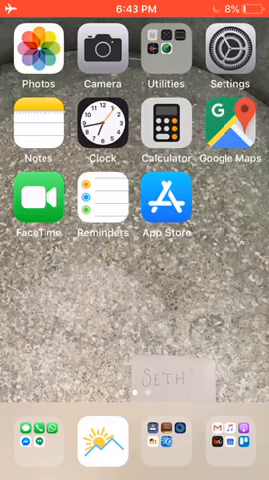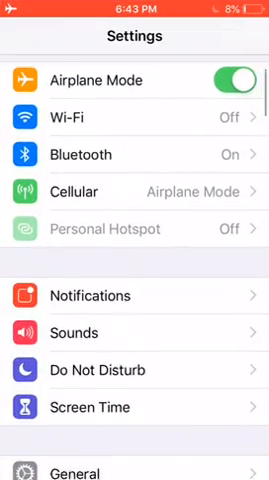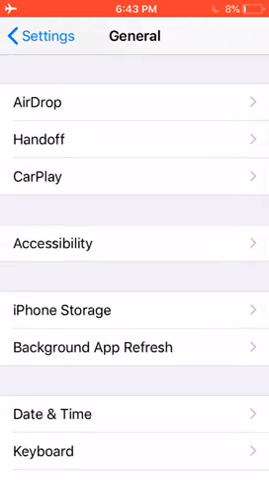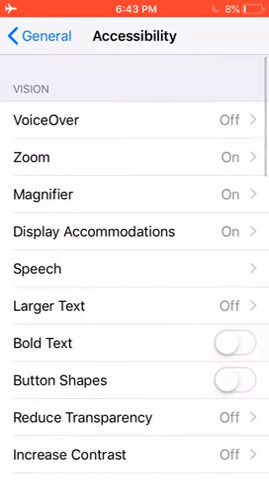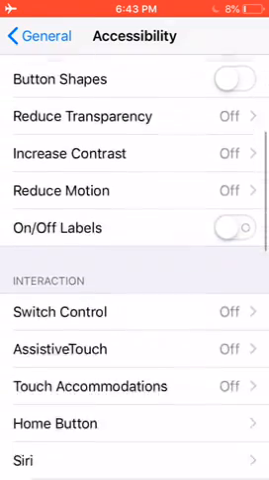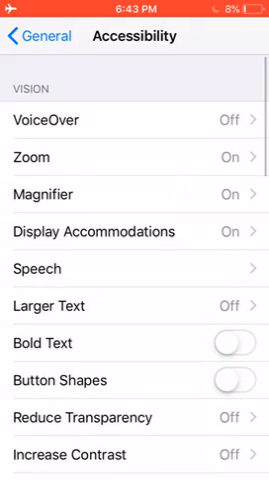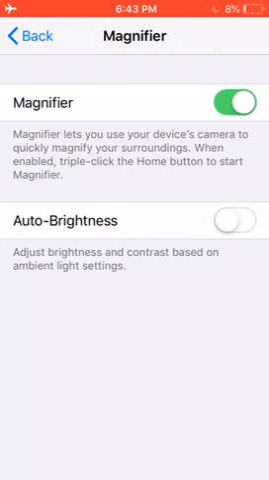We're going to go ahead and get started and go to Settings up here. We're going to scroll down to General, and we will go to Accessibility. From here, we've got all our accessibility tools, but we are going to just look at Magnifier, which is third from the top. Here we go. I've already got my magnifier on, but we'll flick that off real quick, and I'll show you